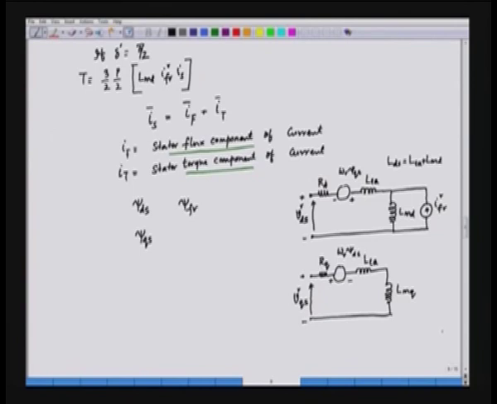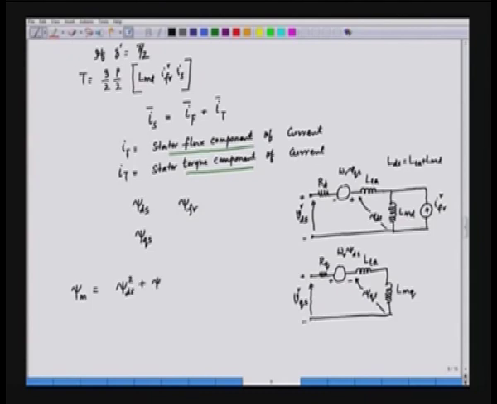So, we have three different fluxes. The flux psi ds is this flux, and psi qs is this flux. So, if we see psi ds in this case and psi qs, we can express the magnetizing flux in the following expression. So, we can say here that psi m is nothing but the square root of psi ds square